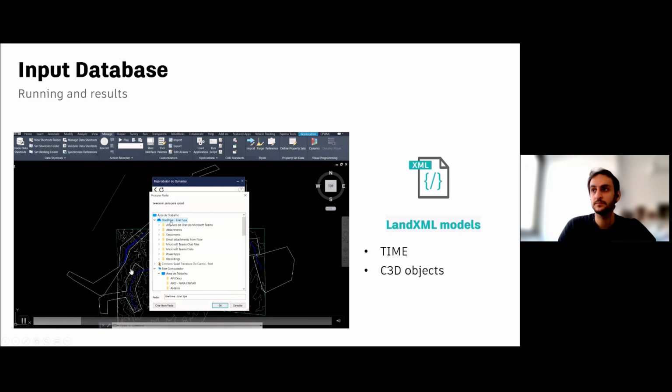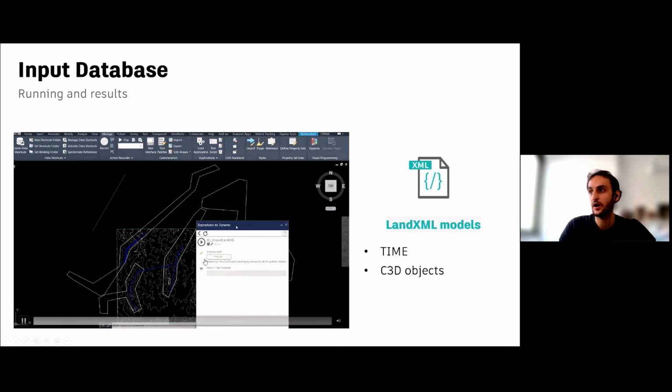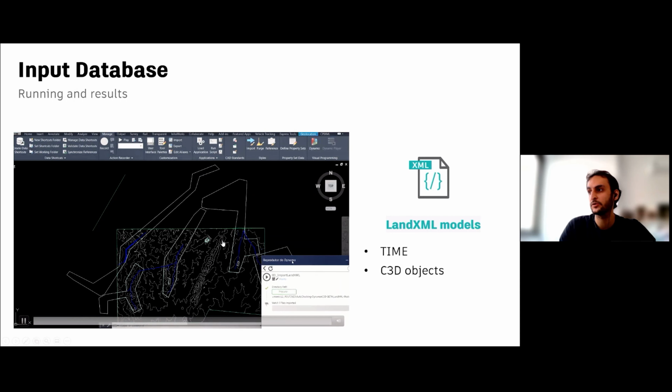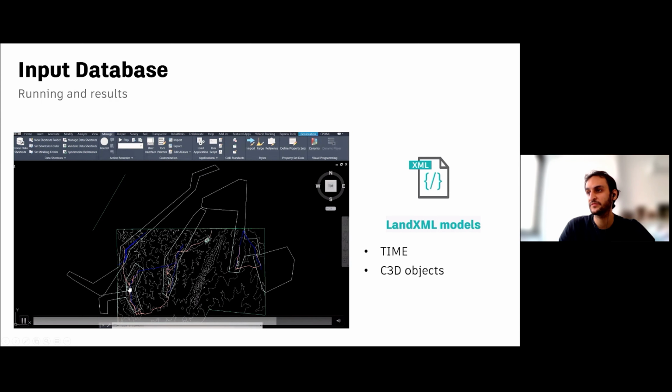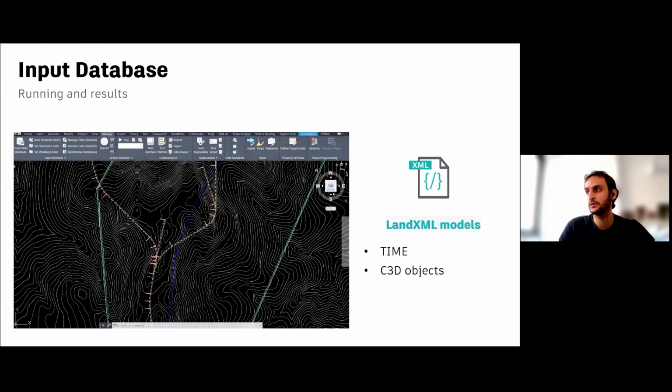As you can see here, we have the surface in the background, some design lines, not the models. We selected the folder containing all the LandXML files, okay? And after running, it took some seconds, really fast, and we have all the alignments, vertical profiles, and cross sections inside the CV3D, okay?